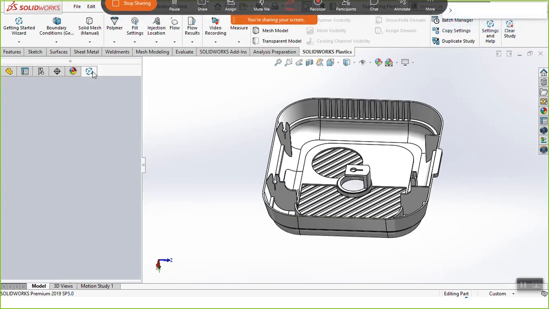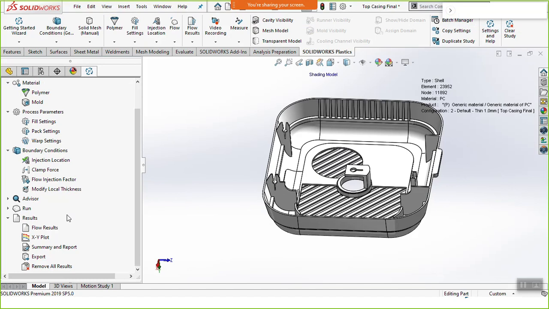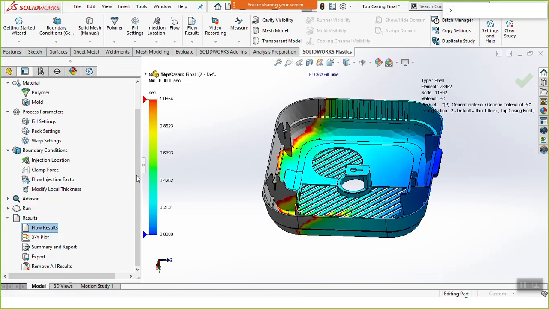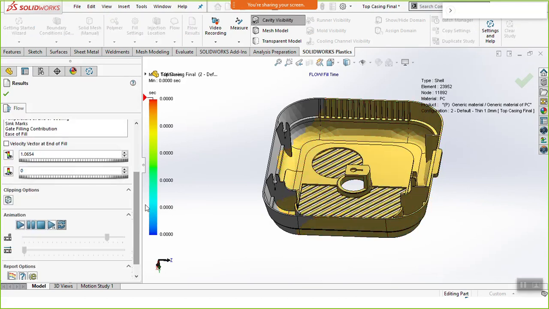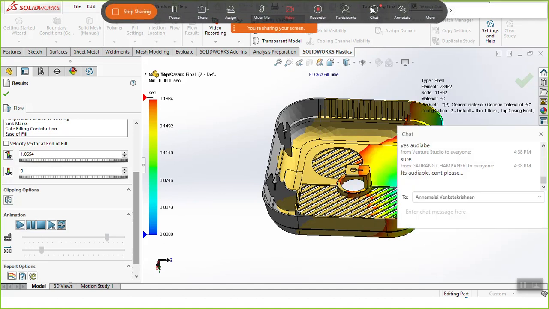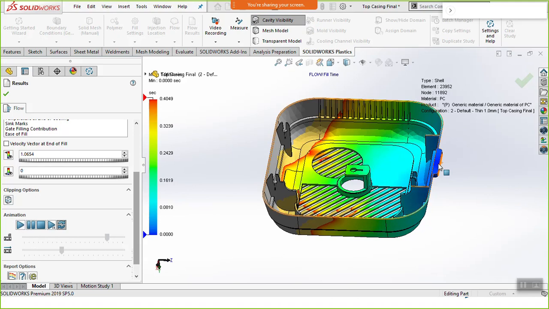You just have to run the study. I'll just again highlight the first result what I had shown you. The ejection location was placed at one end, and how the molten plastic was flowing within the cavity. So what I noticed over here, that there is a short occurring. My injection location is here and the plastic was unable to reach 100% cavity.